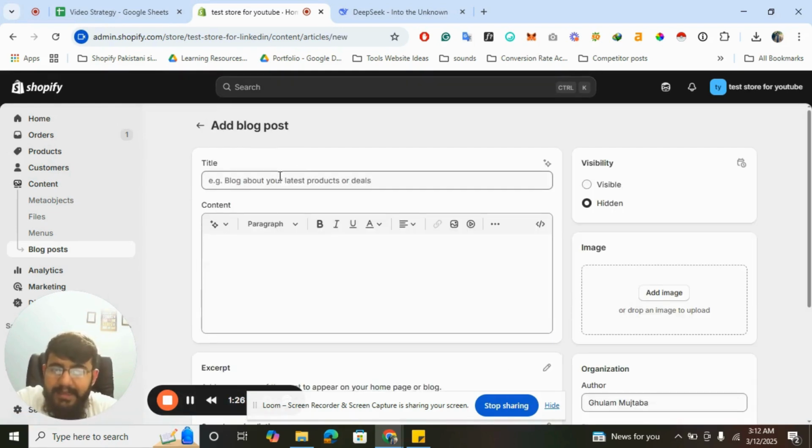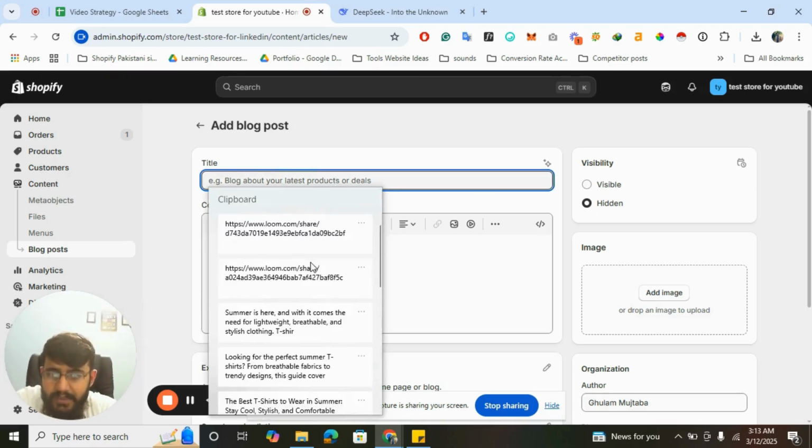Okay, and then I have written a sample blog through DeepSeek, which is really helpful for me, and I personally use it. But I would suggest, if you write blog posts, hire a good content writer. Don't just copy paste from AI tools, because it will not do any good for your website. For this tutorial, I just copied from the AI tool, because the demonstration is for how things actually work. So I just write the title, for example,